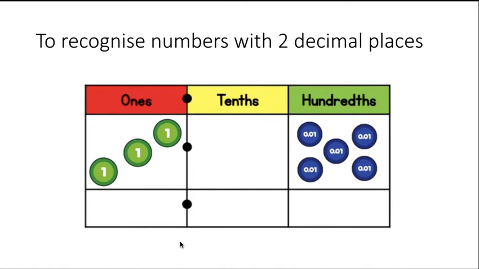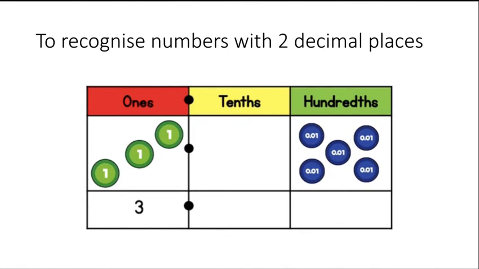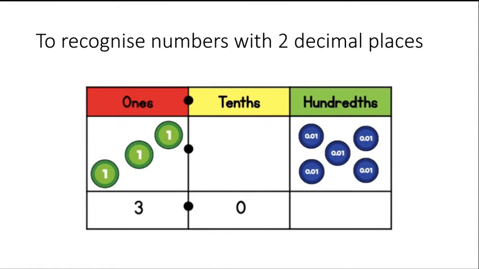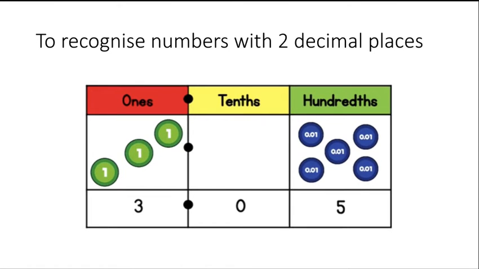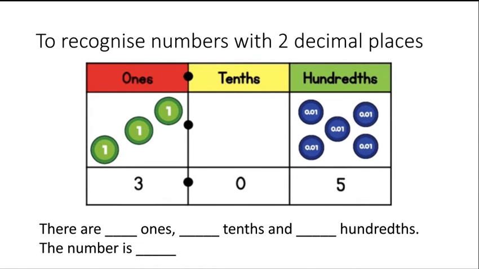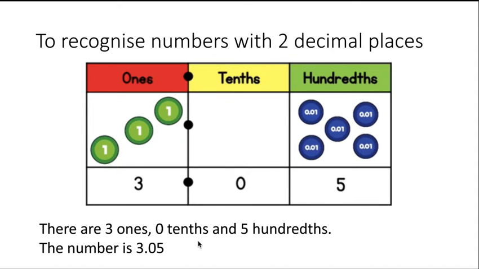Have a go at working out first of all yourself. How many ones, how many tenths, how many hundredths? There are 3 ones, no tenths, and 5 hundredths. We make a sentence stem. Can you fill out the sentence stem and figure out what the number is? Let's look together. There are 3 ones, 0 tenths and 5 hundredths. That makes the number